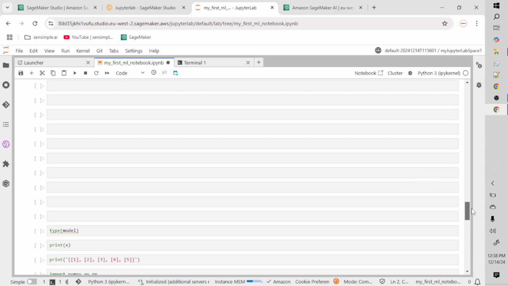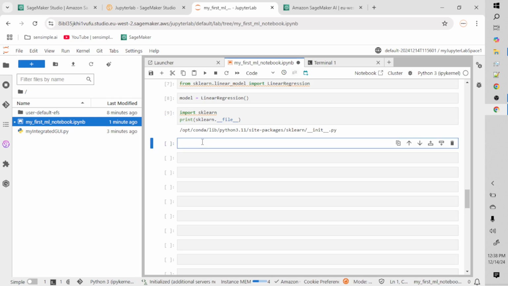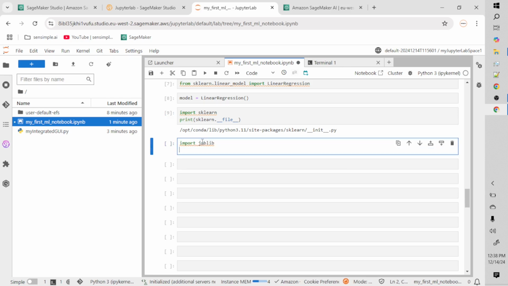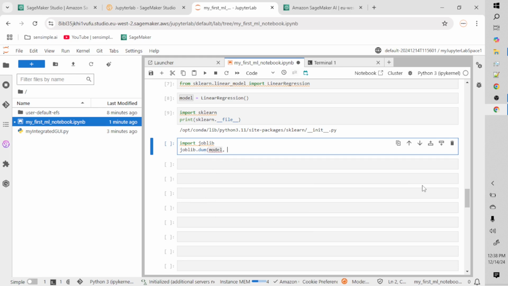The next thing that we wanted to do is to deploy our model, right? There is no pickle file at this time. So what we will do, import joblib is the library that we used last time as well, and we will say joblib.dump, and the model that we are going to dump, which is called model, I'm going to call it my fitted model.pkl, pickle, right? Let's hit shift enter,